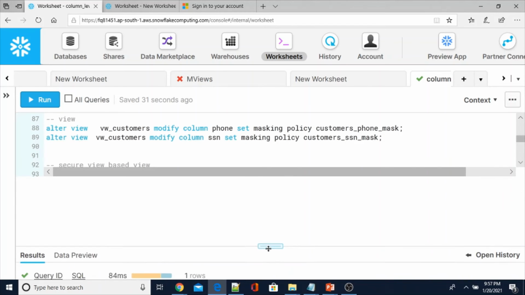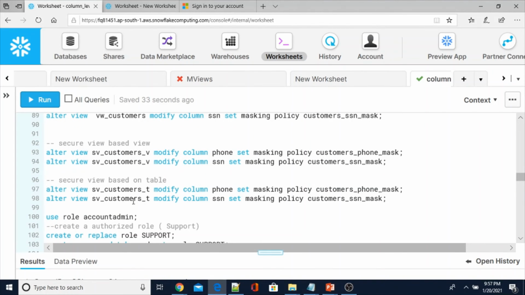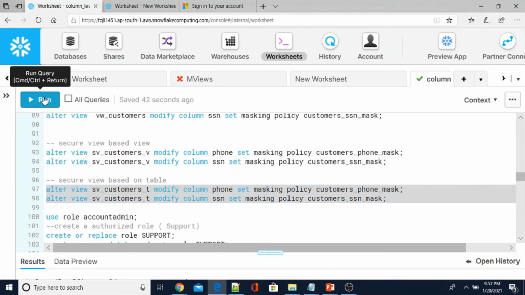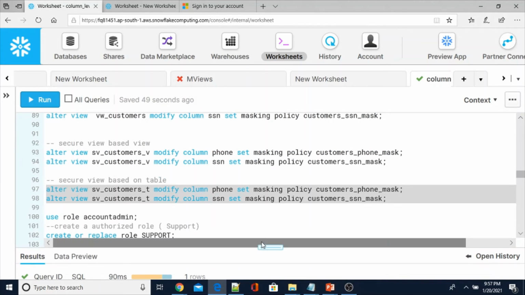Statement executed successfully, because I created two secure views, one based on the view and another directly from the table. So let me select both of these and then apply. Now the two policies have been applied to the customer table, customer view and customer secure views.